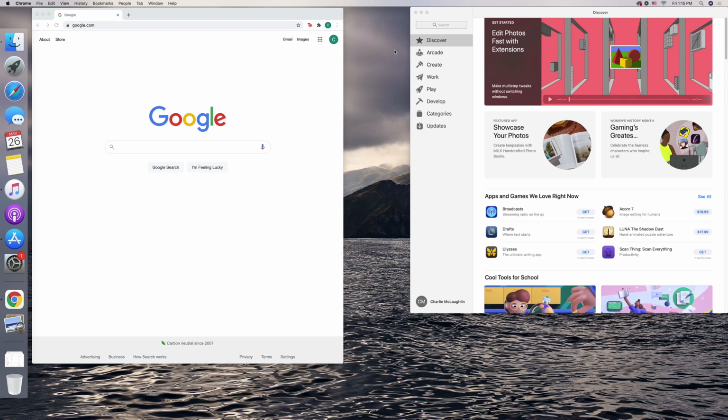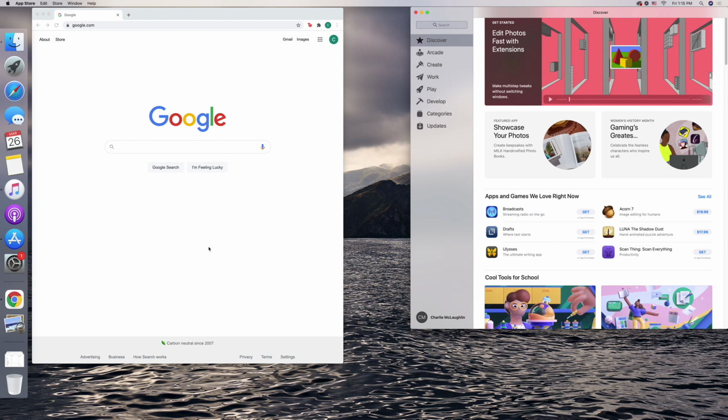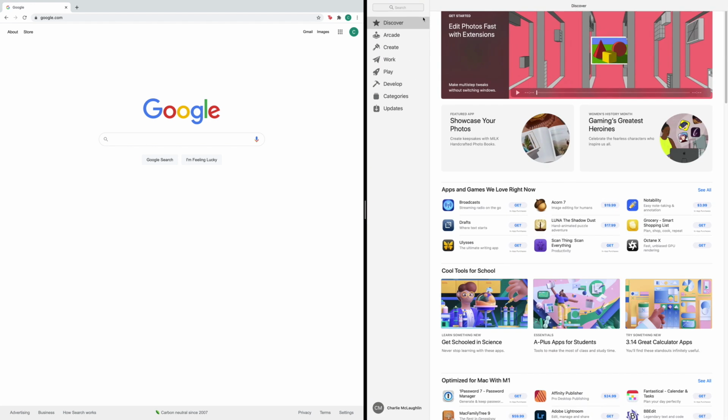If you're ever trying to run two different applications at the same time, instead of manually trying to grab the corner of an app and fill the screen accordingly, there's a much easier way we can do this by accessing multitasking mode. So say I want to use Google Chrome and the App Store at the same time. What we need to do is go up to the left corner of an application, click on this green expand button, and hold it down for a second. Now we have the option to tile the window to either the left or right side of the screen. So choose one of those options. And now all you need to do is press that same button on the other application, and it's automatically going to fill the other side of my screen.